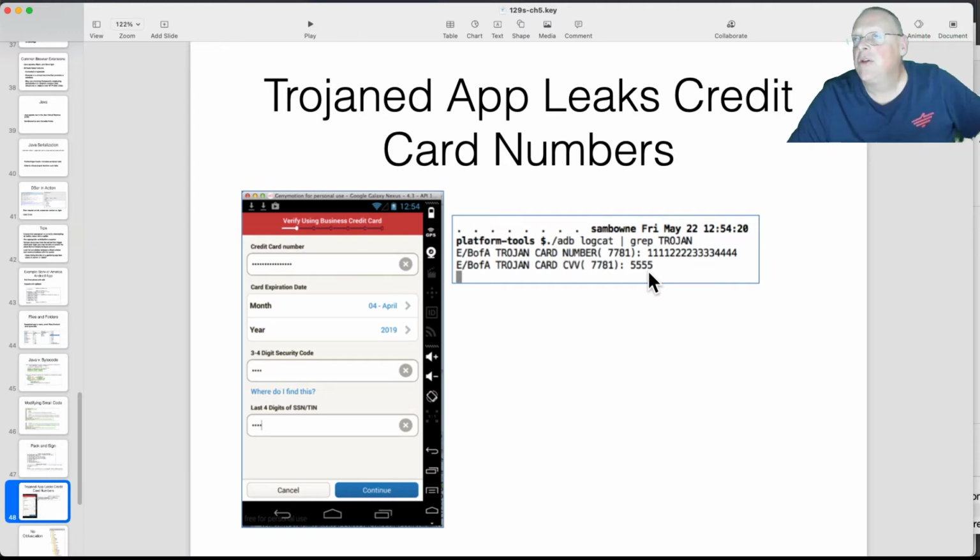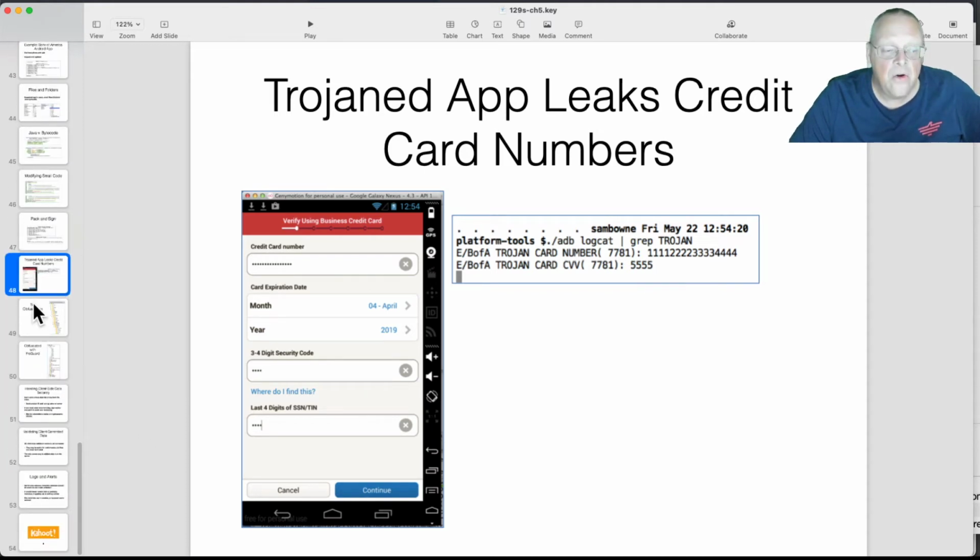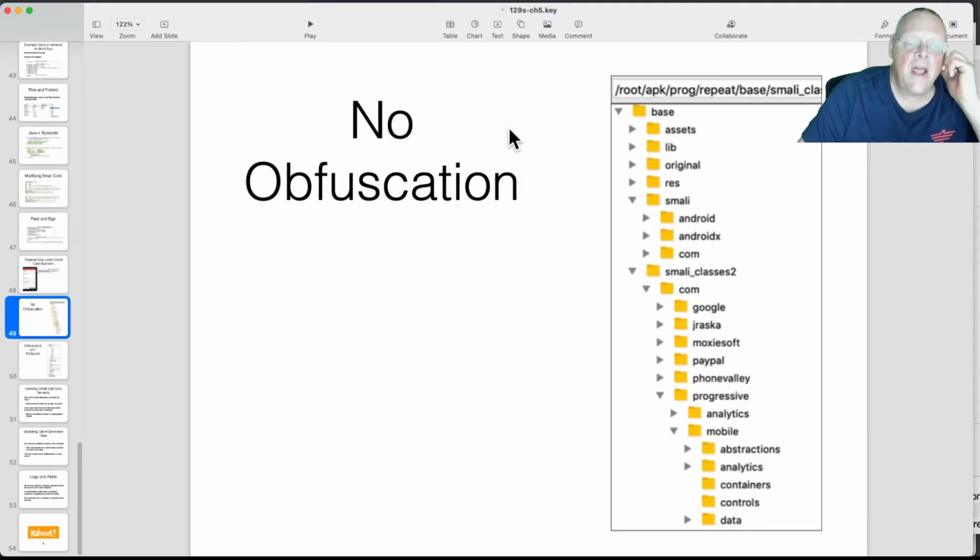So I sent a lot of vulnerability reports to the major banks and all sorts of people for this. It turns out that a lot of the code is vulnerable to code modification. It's one of the OWASP top 10 vulnerabilities, and almost every app is vulnerable to this. Now, if you had an app that didn't obfuscate data at all, which some of them didn't, you'd just see everything right here. And this was Progressive, the Progressive Insurance app. Not obfuscated at all, just descriptive names for every folder and file and variable,